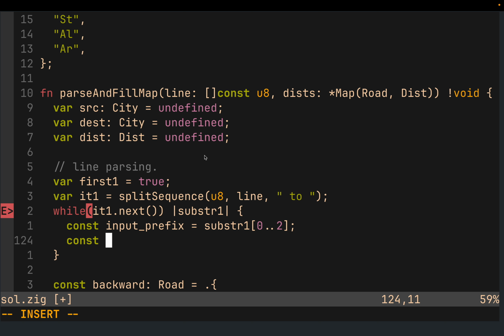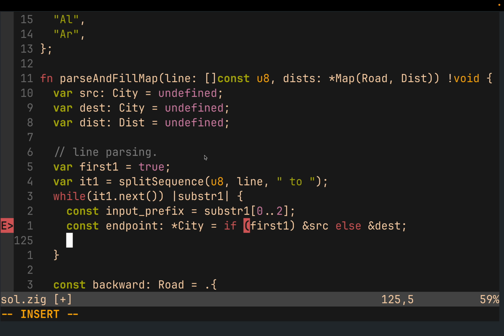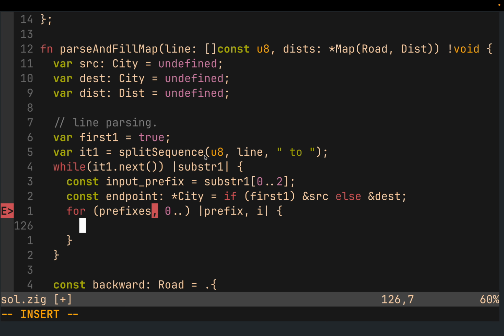We also need the endpoint, which will be a pointer to a city, and if first, we'll have this be the source city, else we'll have this be the destination city. And then for each of the known prefixes, we'll compare that with the input prefix. So if